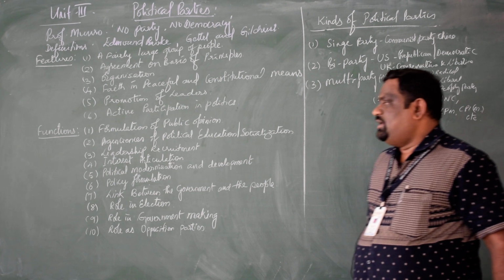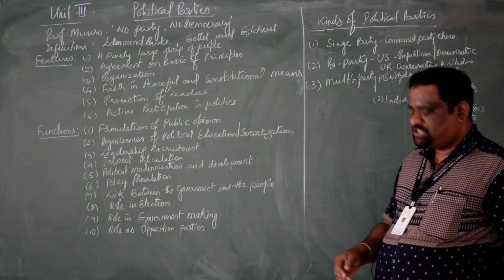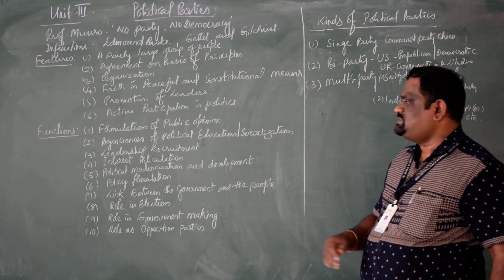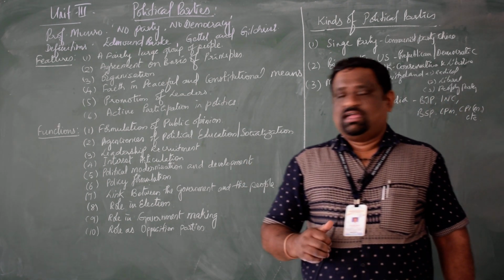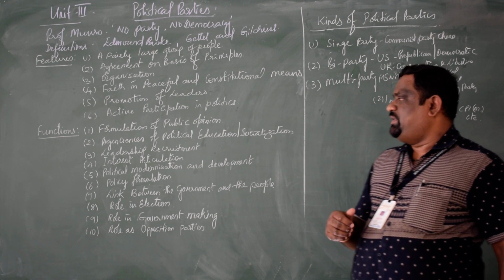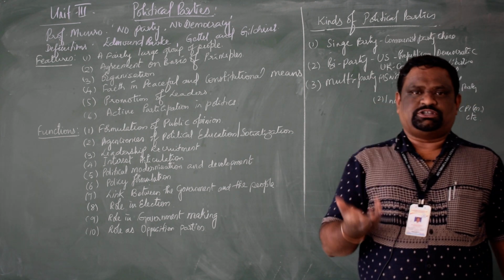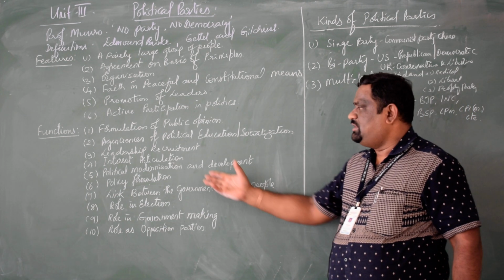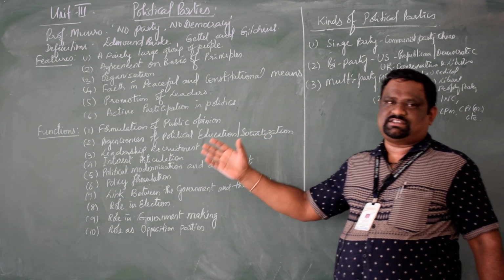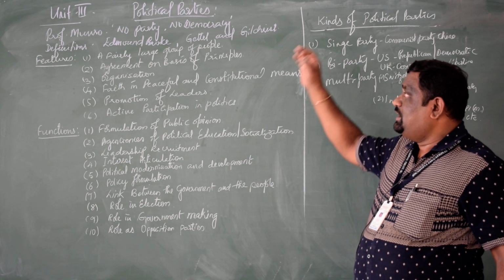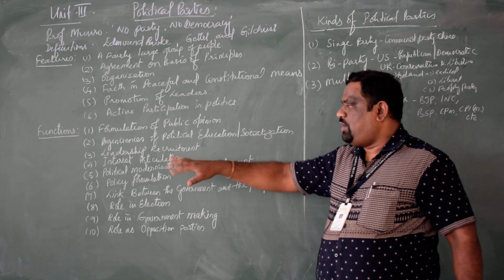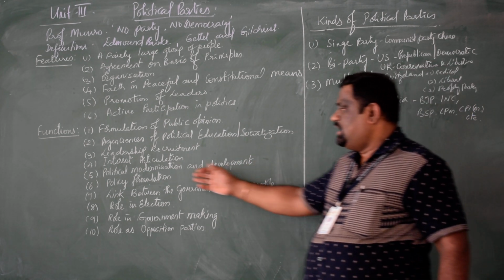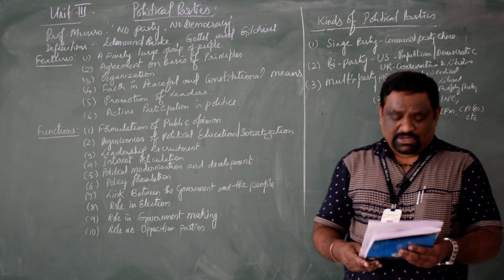And coming to the fifth one, that is political modernization and development. Yes friends, political parties always act as an agency of modernization and development. See, without future, foresight or ideas for the coming generation, there is no status, there is no existence for that political party. Therefore, the political parties always look forward to the modernization and development activities of the society.